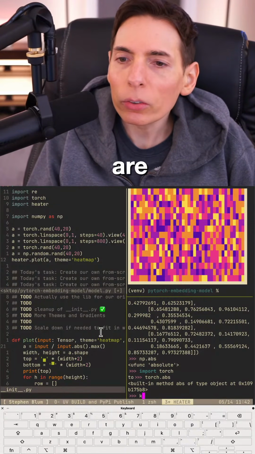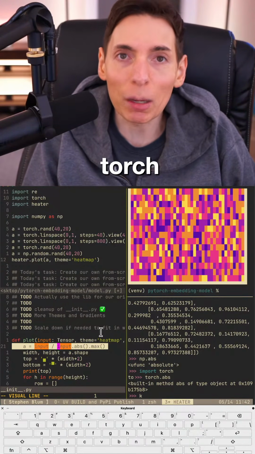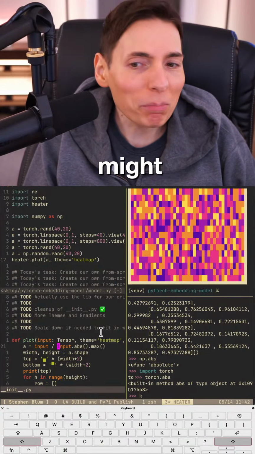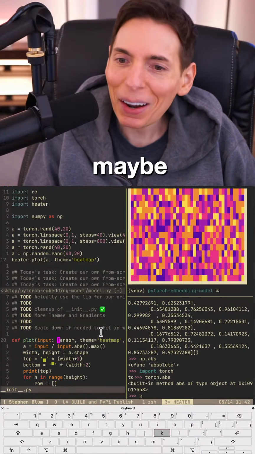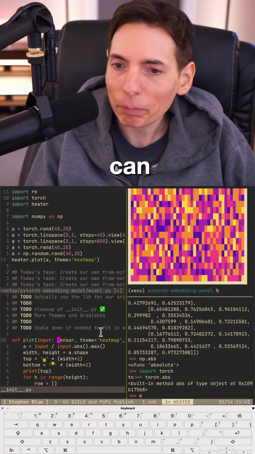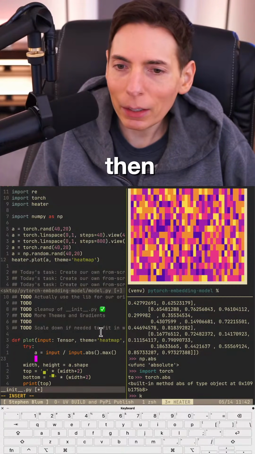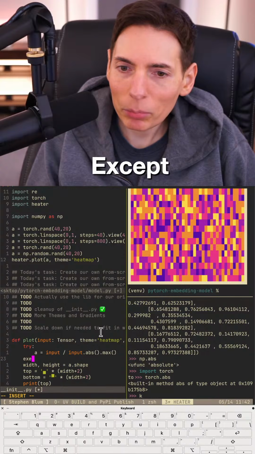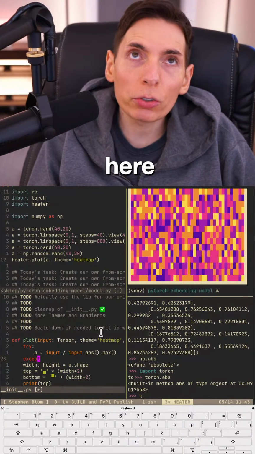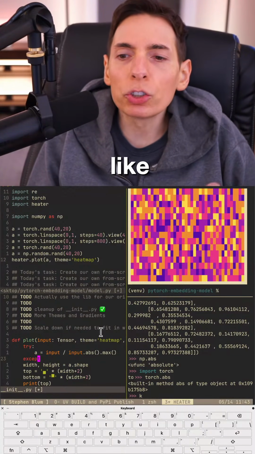Okay. We're going to see if we can get this line of code right here, which is currently dependent on the Torch library, to be also compatible with NumPy. And I think we might be able to do it. So I suppose what we could do is try and then except. Maybe... I want to figure out what's a good approach here to do this, because we need to do the math. We need to do the operations. Is there a good, general purpose